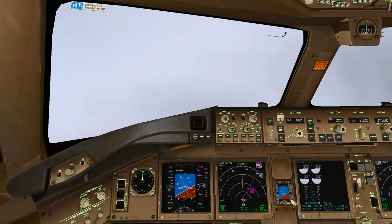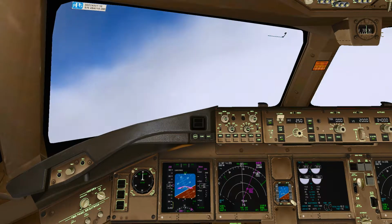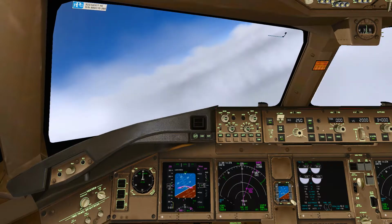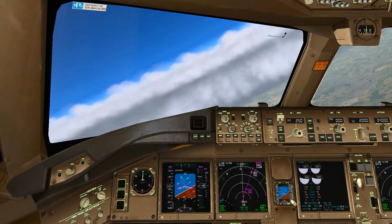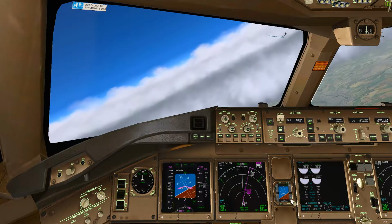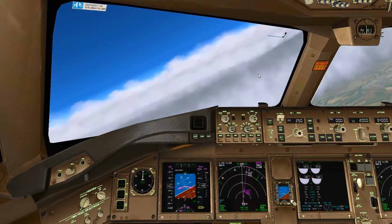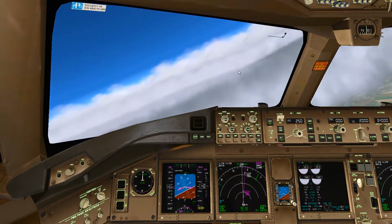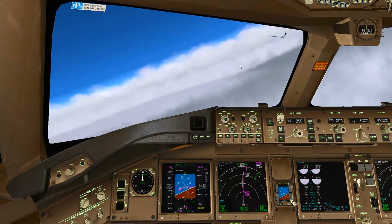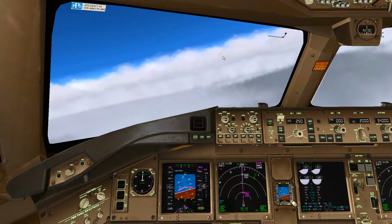Of course it doesn't affect me much because I'm already in XP11, which is of course a 64-bit application, and I will close Google Chrome right now because I don't want that to be playing on the video, which is seriously loud on my ears too. So there we go. Now my XP has enough RAM to run a bit more smoothly. So anyways,